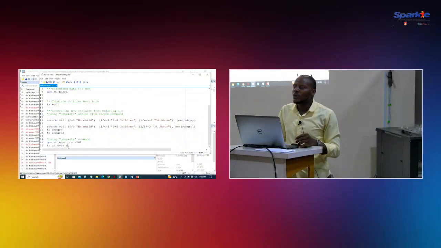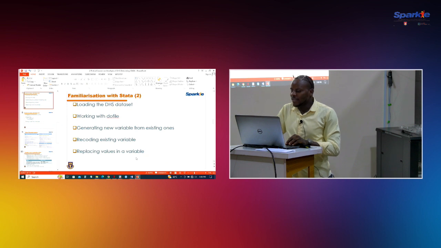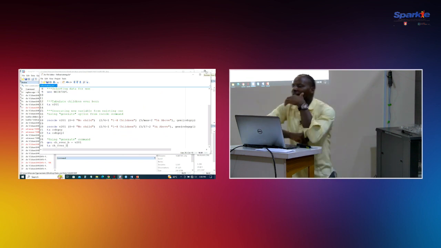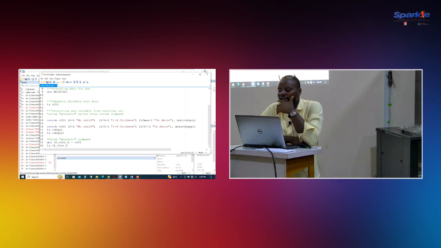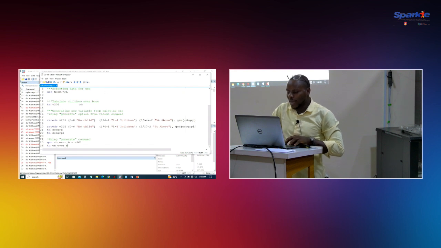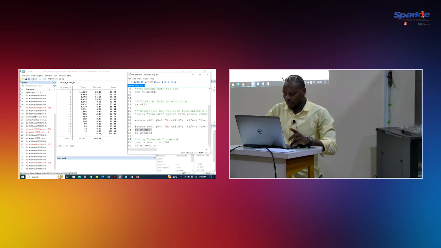Another way to generate a variable is by... what else can we do here? Okay, let's just move on. So, replacing values in a variable. Let's say I want to replace, in this variable now, CEB group, if I run this CEB group, that is the children ever born that I grouped. Those that have no children, those that have a normal number of children, or